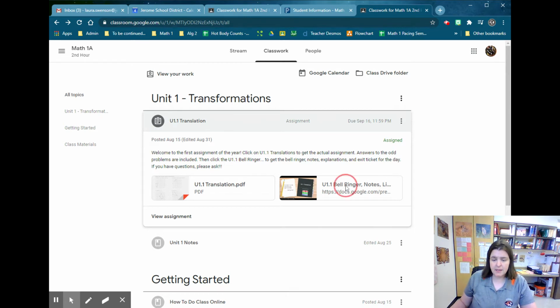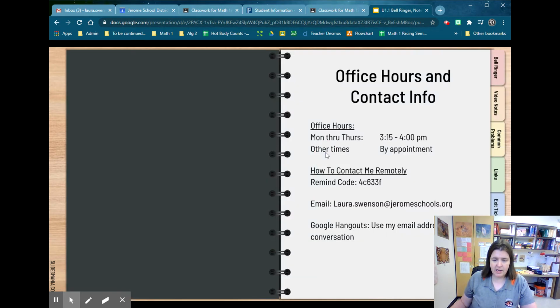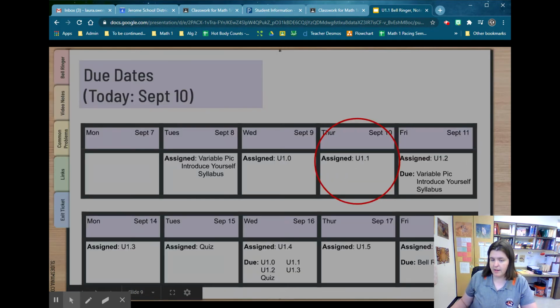Okay? The second attachment is a web page, and everything on here is a link. So just click anywhere, actually, and here's all the office hours. But over here on the right side of the page, these are all links to different things within the web page. Okay, so let's say I wanted to see when the due dates were. I could come down to due dates and click on that. And here's all the due dates, and I see things are due here, and there's some stuff due here,